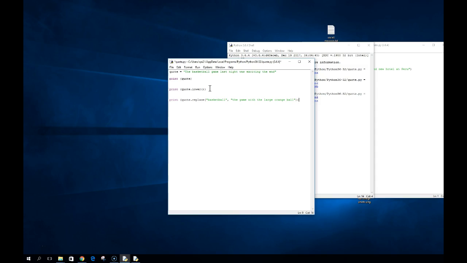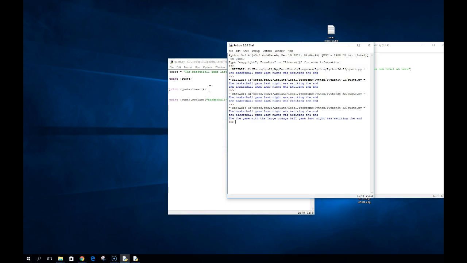And so now, what it should print out, it didn't actually change that quote, and we can look at it, but it's going to take basketball out and should replace it with something else. Notice what it does. It took out basketball, and notice I have a really bad spelling error there: the game with the large orange